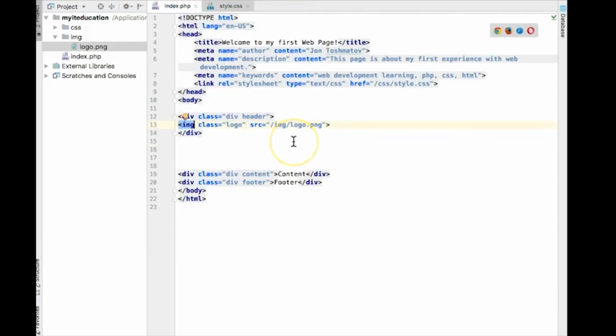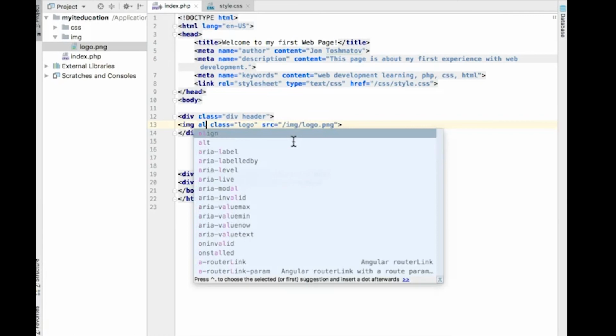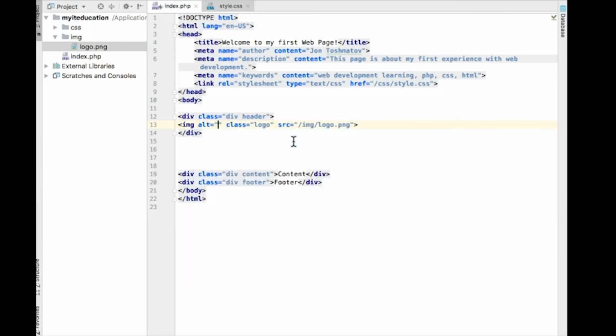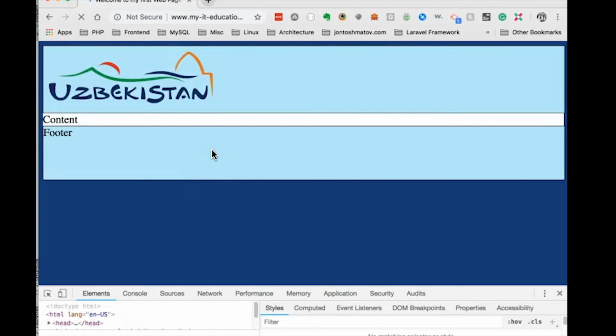So let's spend some time on the image element here. In the image, you can add more information. For example, I can add the title, or I'm going to say alt, my web page logo. And I'll explain to you what alt is. So if I come back here and refresh it,